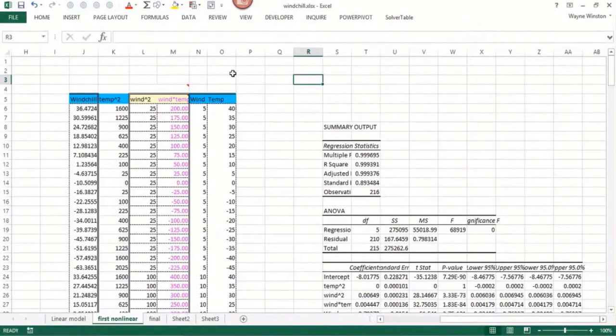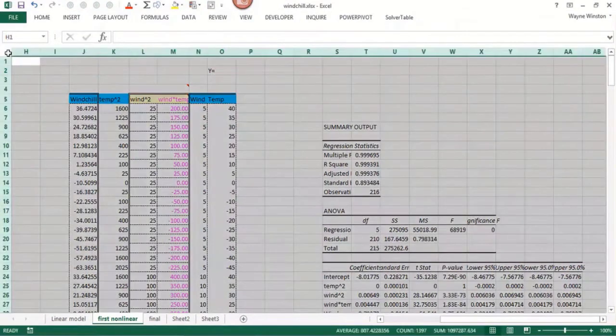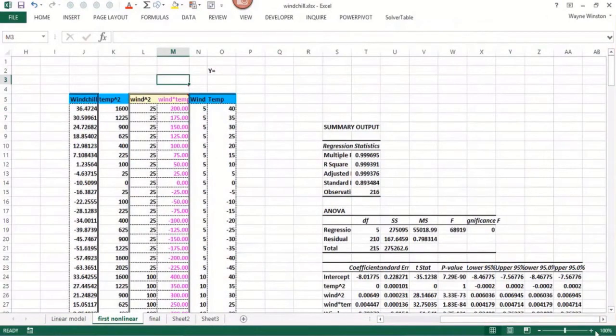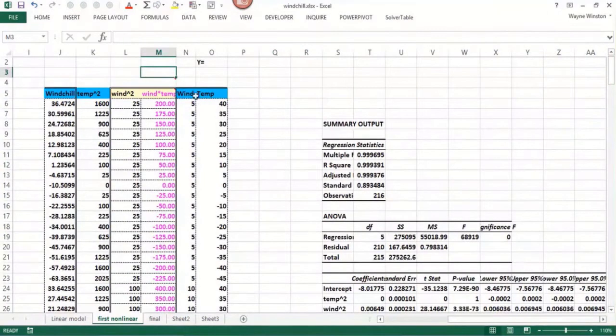In our examples of multiple regression so far, we've used the following model to predict y. So y would be a constant, which is the intercept, plus a multiple of the first independent, plus a multiple of the second independent, plus a multiple of the last independent. So that's a multiple linear regression. It's multiple because there's more than one independent variable. It's regression because you predict y from the x's, and it's linear because we don't have x's squared or multiplying